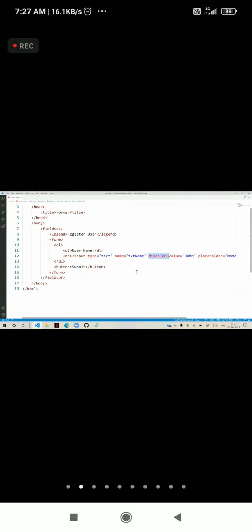For example, suppose we give a registration form and we say if you are a resident of India, then you have to fill this extra field. If you are not a resident of India, then ignore it. Then we disable that field. You don't need to fill it. We will enable and disable the controls dynamically, and based on that, we can manage them. So that is actually the difference between disabled and read only.